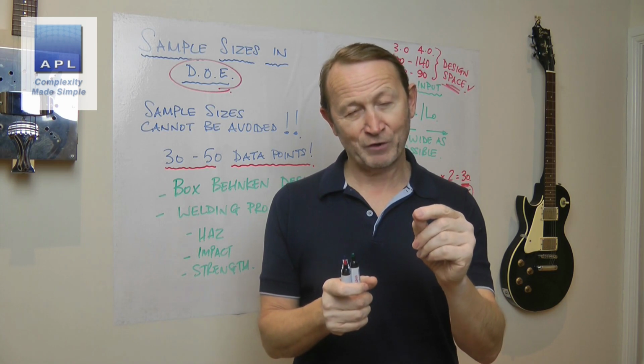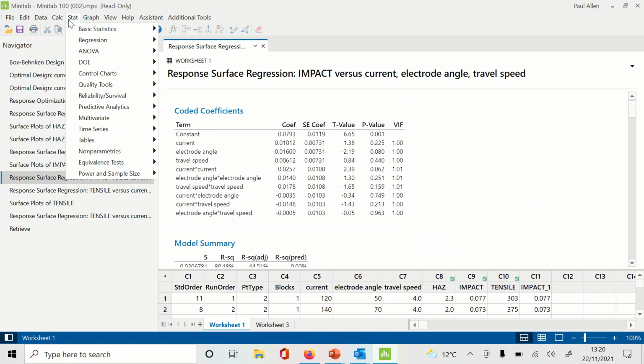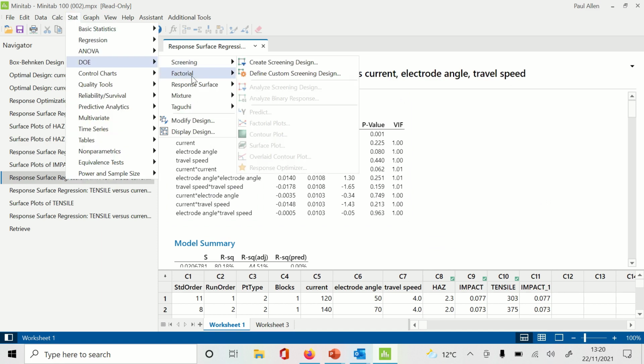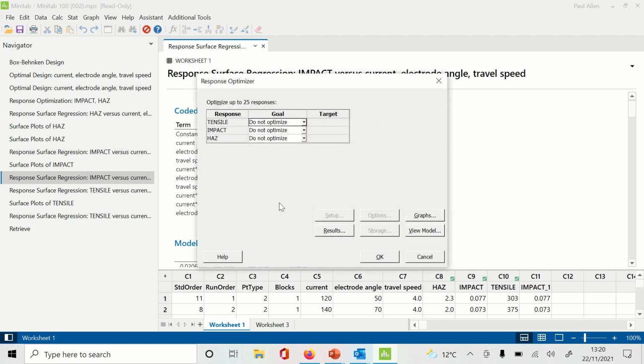Let's just have a quick look on the software, and I'll just show you where it is on the menu. So on the DOE menu, Stat, DOE, Response Surface, because that's where you are, and right at the bottom, look, it says Response Optimizer. And then you have a chance to say for each one, minimize, maximize, or hit a target. So I can't remember exactly what you wanted, but I think you want to maximize the has zone. So you're trying to minimize that whilst trying to maximize the others, I think was what you were trying to do. So you can just pop that in there like that,